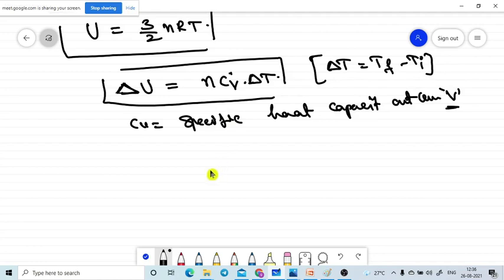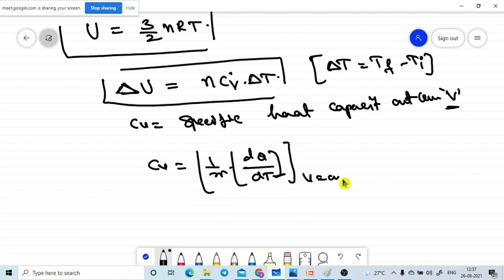Will you please recall that CV value? Can anybody recall the CV formula? CV is equal to, hello, anyone, can anyone please recall that formula? CP minus CV is equal to, when one girl is showing, please tell me, 1 by m into delta Q by delta T. It is the amount of heat required for unit mass of gas to raise the temperature by 1 degree at constant volume. V must be constant. Okay, na? That is the formula. Now we are not using this formula in thermodynamics, but we will use the CV value.